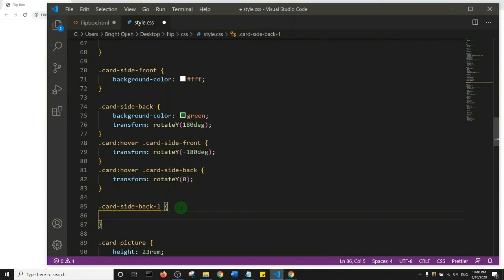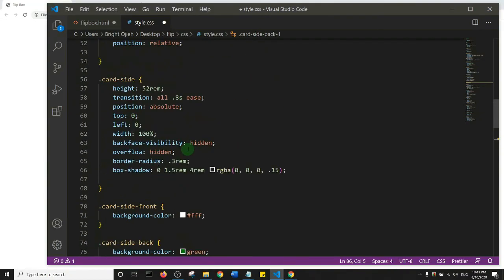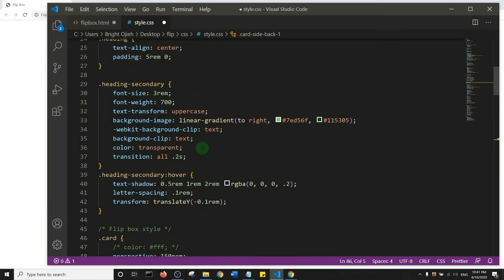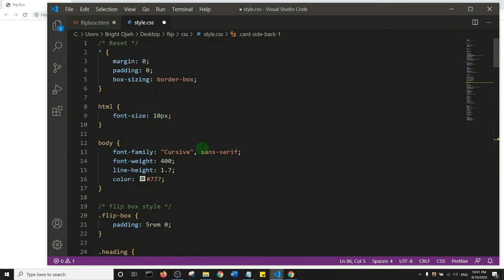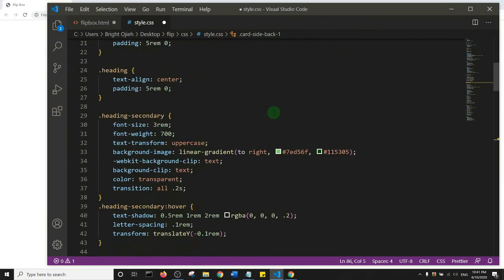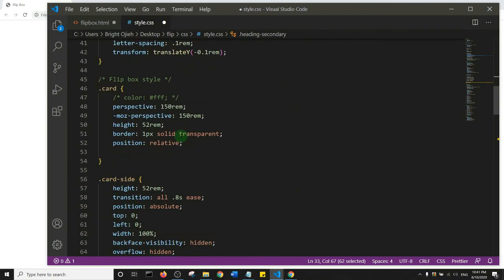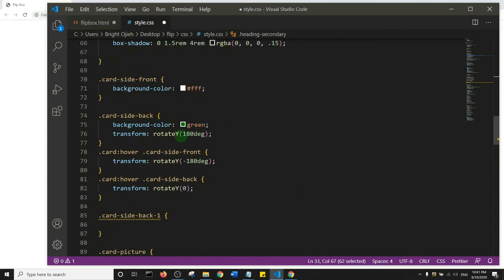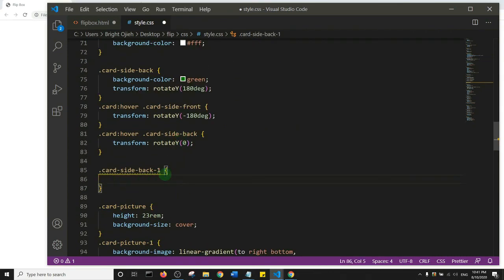Okay, so now basically I just add a background image, but remember we already added a background image before somewhere up. So I think I'll just copy it. Apparently I can't find it. So okay, so background image here. So I'll just copy this. So Control C, and then I would look for the card side back one, yeah, and then I'll paste it